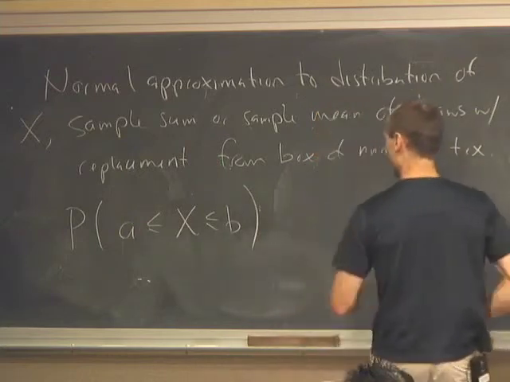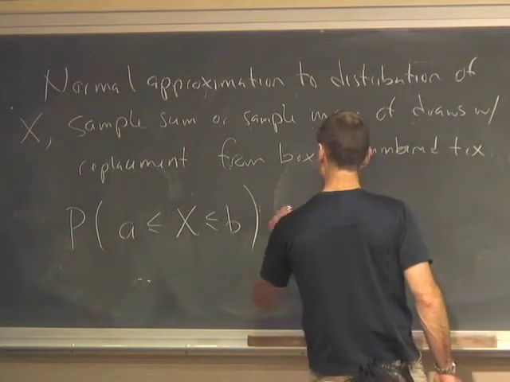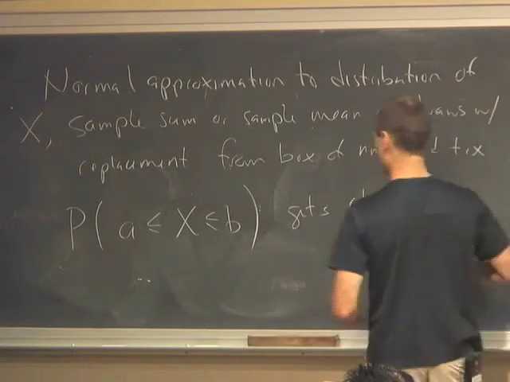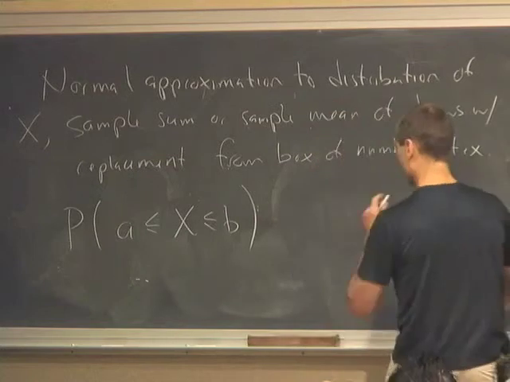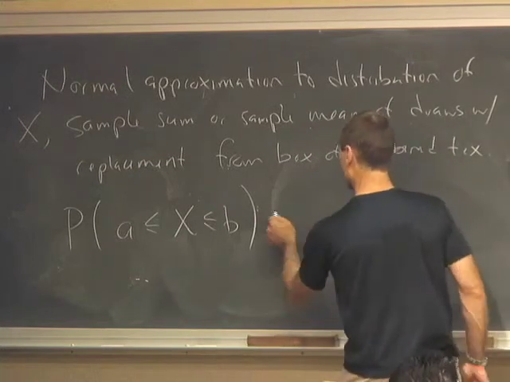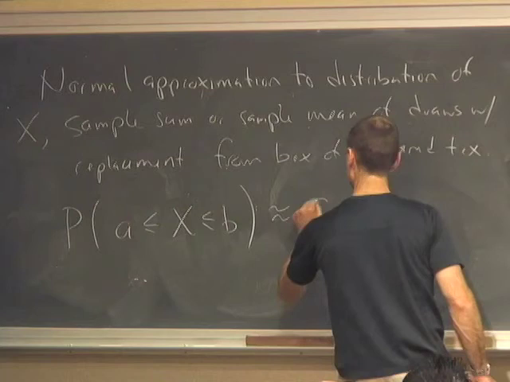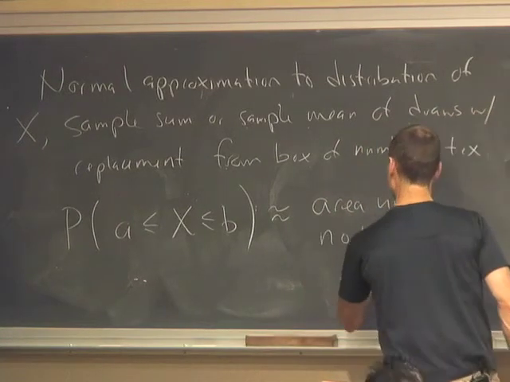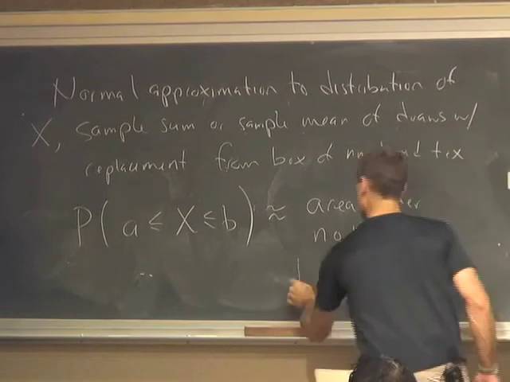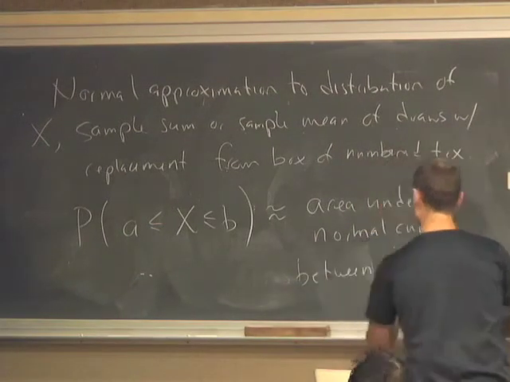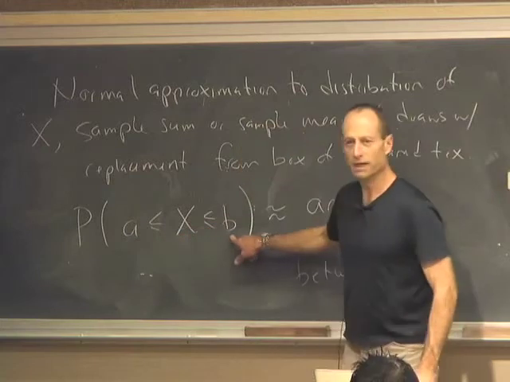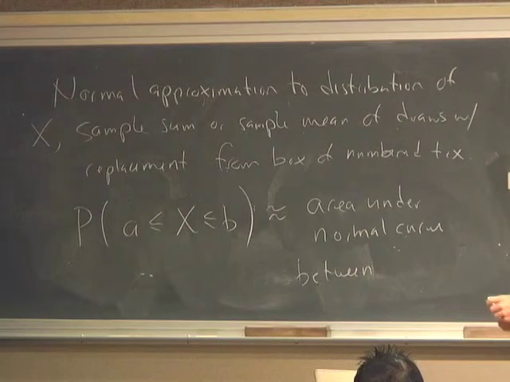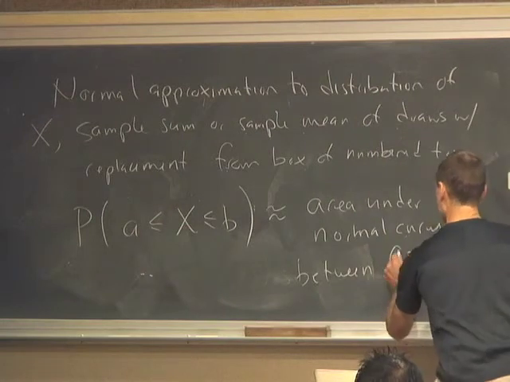That this gets this, or we'll write it this way, is approximately the area under the normal curve between A and B converted to standard units. So how do we convert A to standard units? A minus,